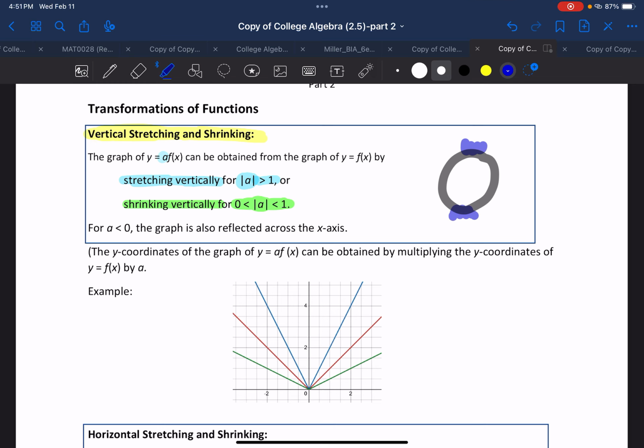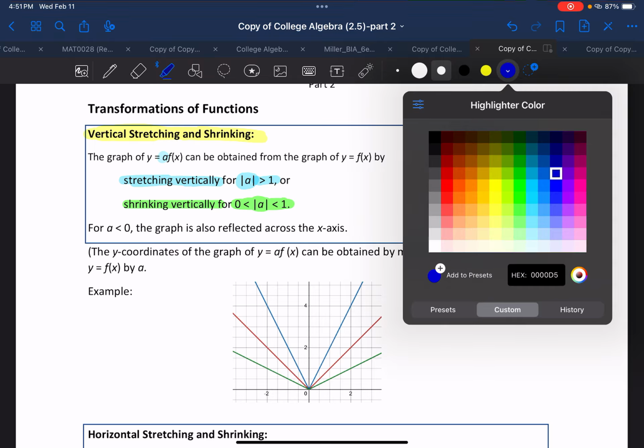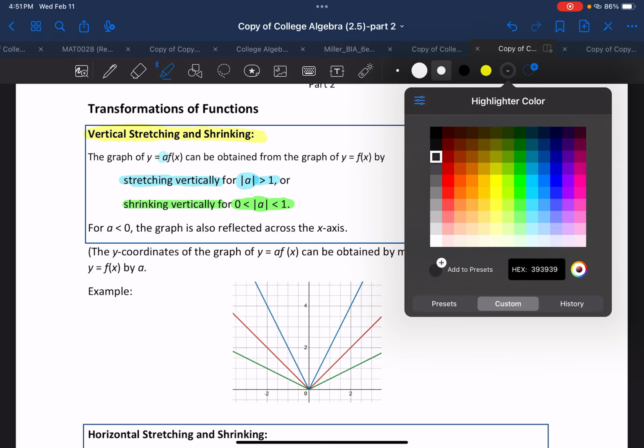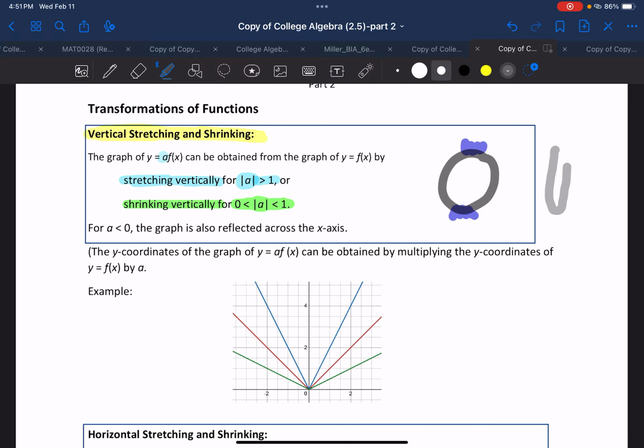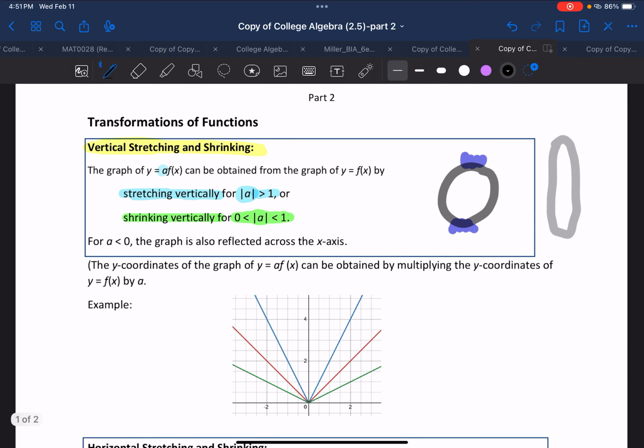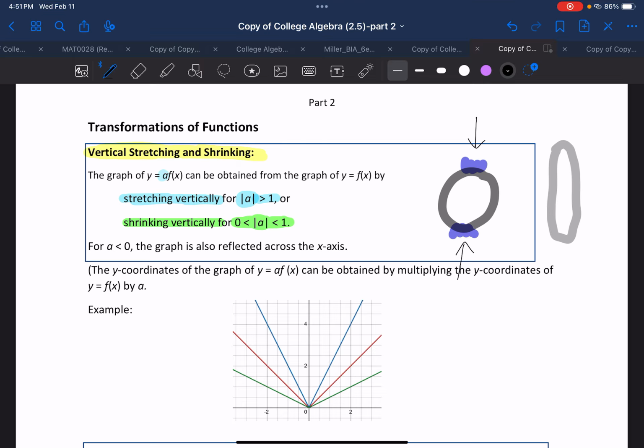So you're stretching it. That would cause your circle to become like this, right? It gets taller and more narrow if you stretch it out with your hands, like a rubber band. If you stretch the rubber band vertically up and down, it will get narrow. And then if you shrink it vertically, which means now you're pushing down on that circle with both your hands, so you're shrinking it vertically, well, then it would kind of look like,